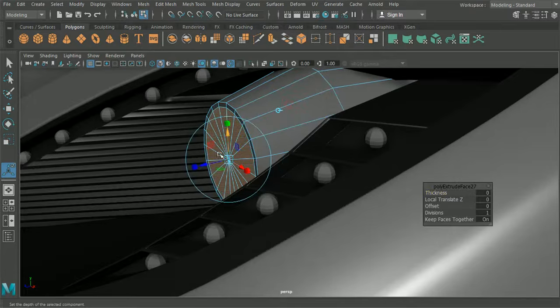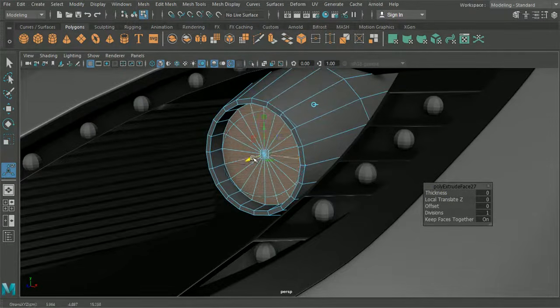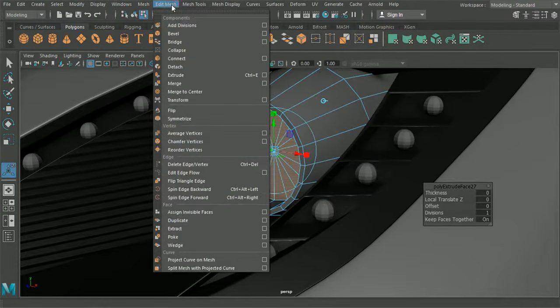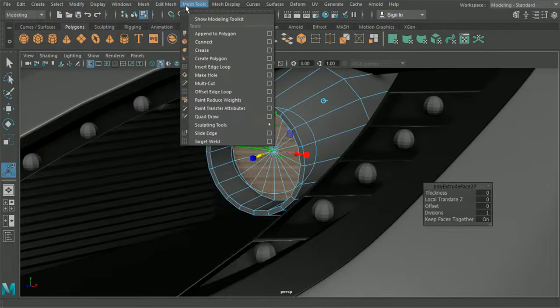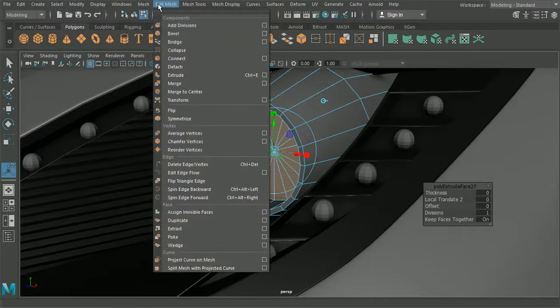We'll hit Control E again, and then we're just going to go in, and what we'll want to do right now is, let's see if we can see it here.